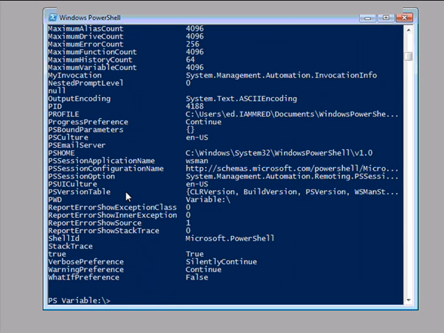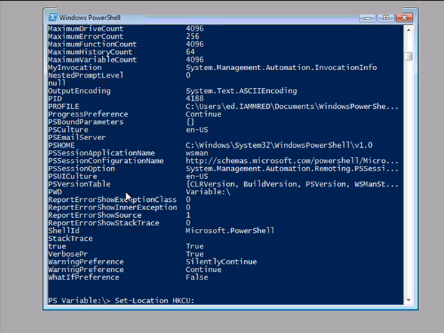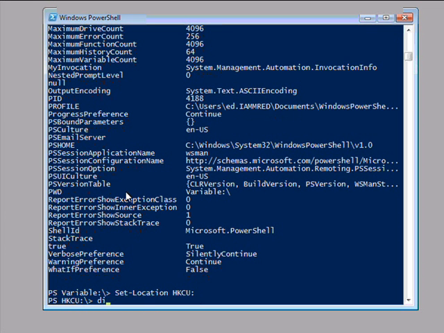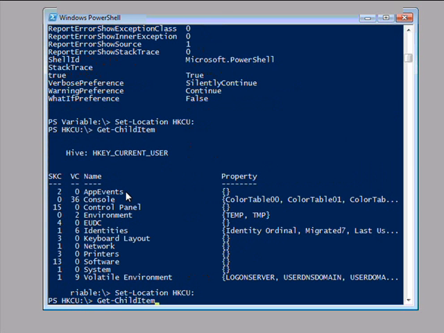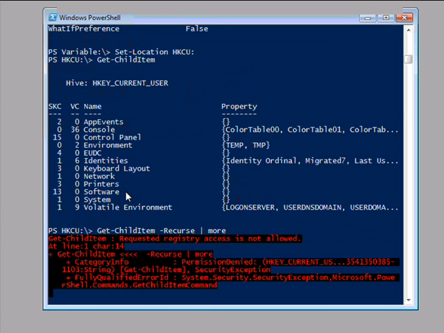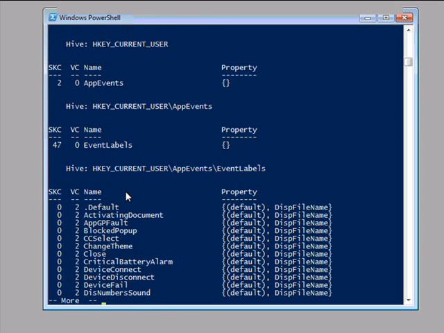variables. I can set my location to HKCU (HK current user) and press enter, and then use the up arrow to get my dir. Now this is Get-ChildItem, the actual cmdlet name. dir is an alias, and we can see that we get a listing of the upper keys that are in my registry. If I want to go on down through all of these, then I can use recurse, and when I do, I'm going to send this to more,